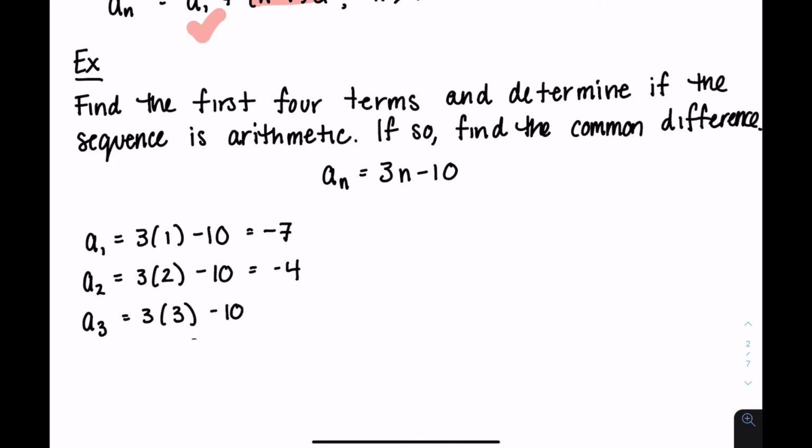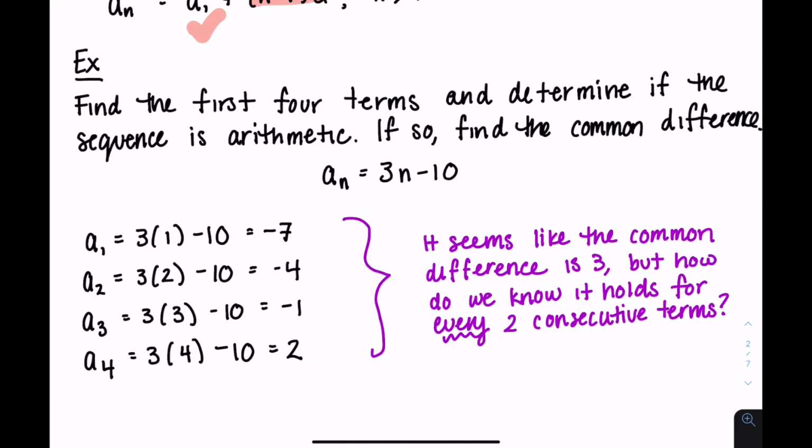A3 would be 3 times 3, or 9, minus 10. That's negative 1. And the fourth term is 3 times 4 minus 10, or 2. So if you notice, to get from one term to the next, it looks like we're adding 3. So it seems like the common difference is 3, but how do we guarantee it holds for every 2